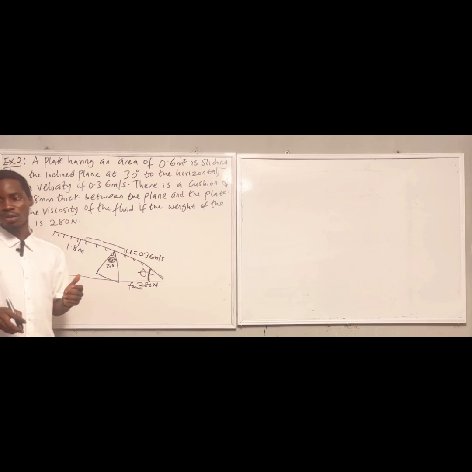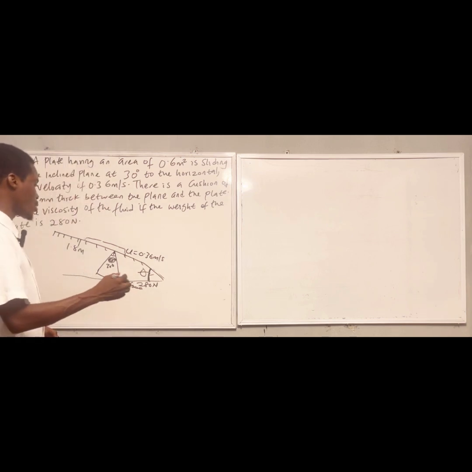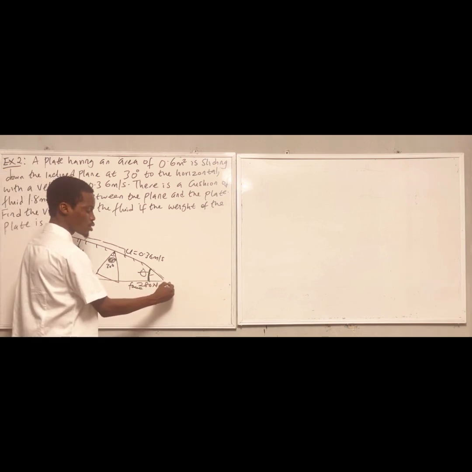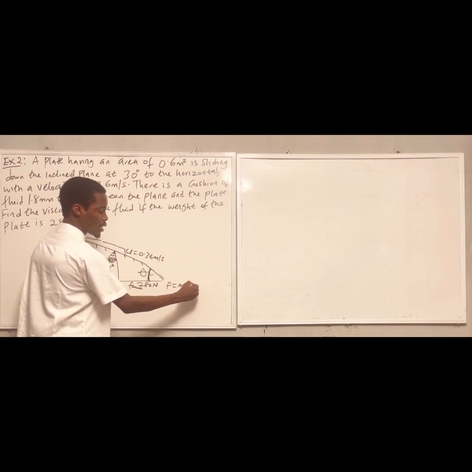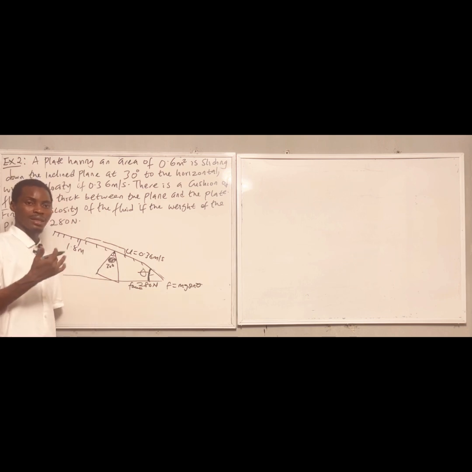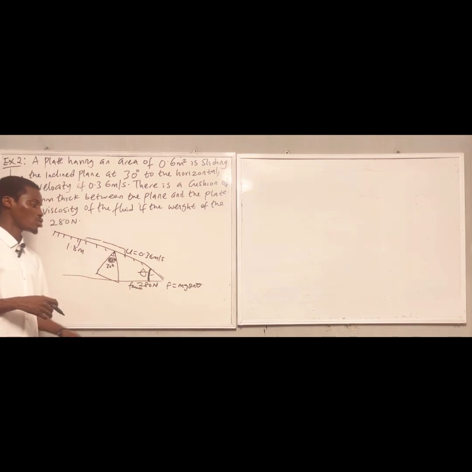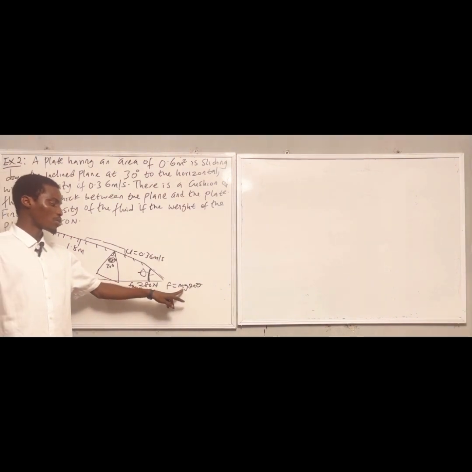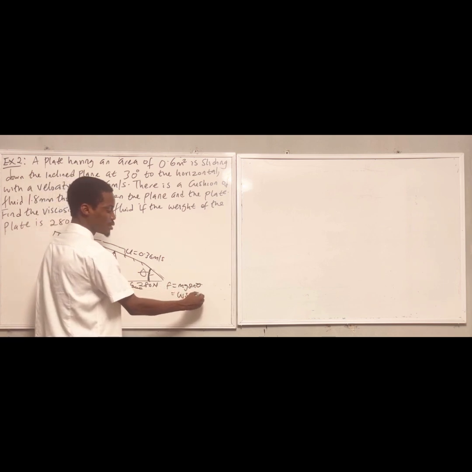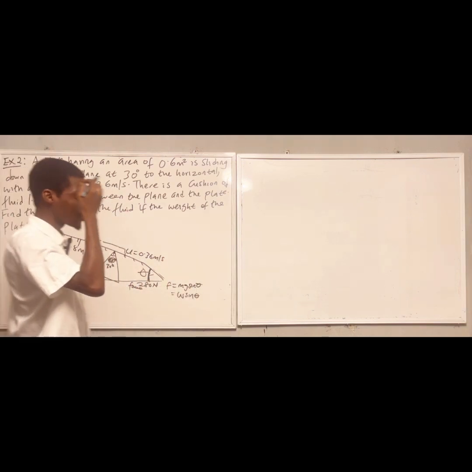So for us to calculate the viscosity, remember that in force, the horizontal component of the force is mg sin theta. We are being given an angle. If it is vertical, we are going to have mg cos theta. So we are considering mg sin theta. So for us to get our force here, we multiply mg sin theta. Remember, our mg we got from the weight, times sin theta. So the solution for this, given that